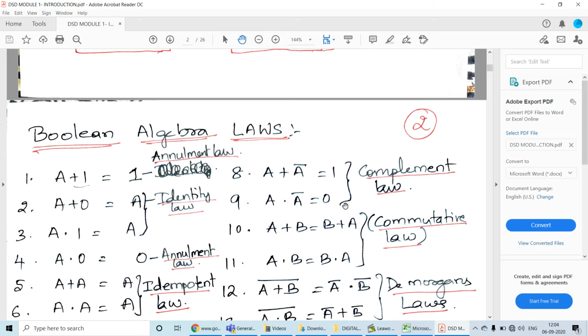Now if you want to have an adder, you find the truth table and then the expression for the adder. To reduce the expression in the simplest manner, we need to know these different Boolean algebra laws. Once we know these laws, finding the expression in the simplest manner will be very simple.